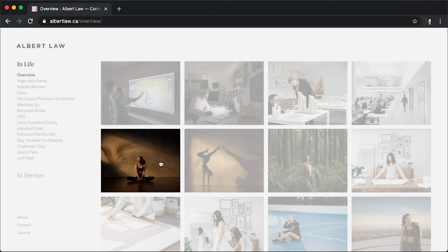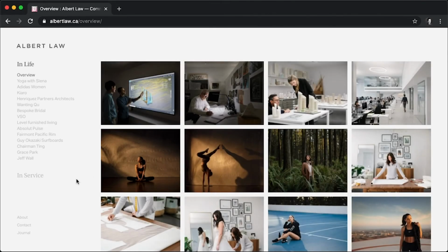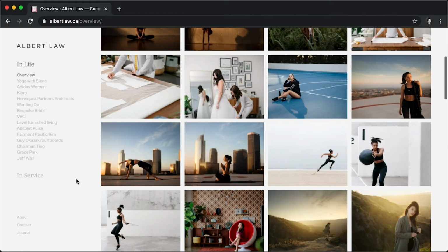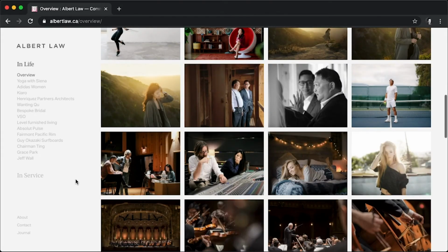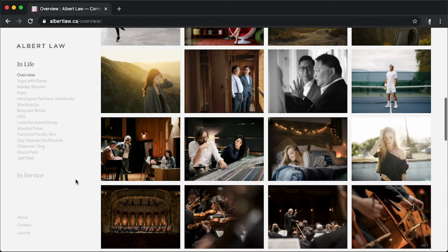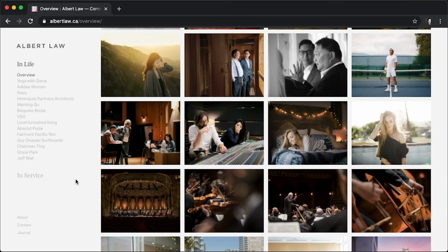Something that I noticed as I was going through your website, though, is that you have quite a variety of work. This isn't inherently bad per se, but it is harder to get a sense of exactly what you do. And while it is clear that you are a lifestyle photographer, because you do quite a variety of projects, this can be hard for clients to pinpoint the work you've done that would be relevant